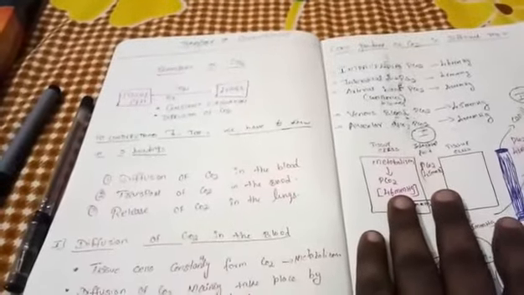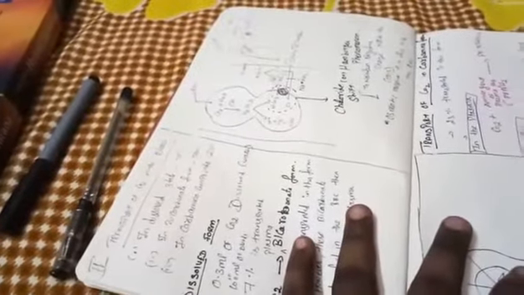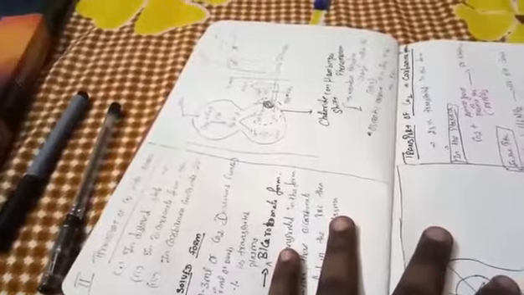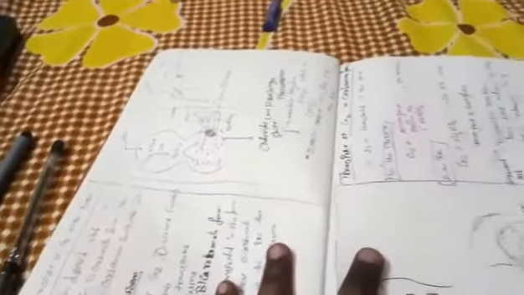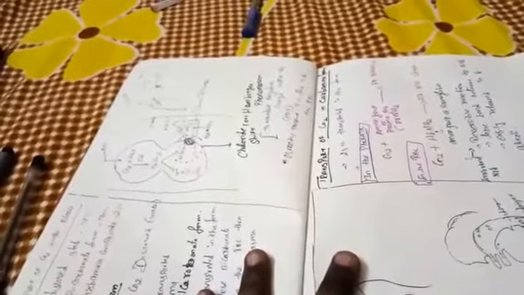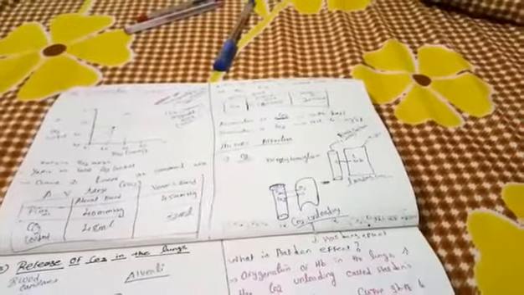And then the transport of carbon dioxide in the blood by 3 important forms: dissolved form, bicarbonate form, and carbamino compound form. In bicarbonate form, you need to write about chloride shift, and in carbamino form, how it binds to plasma protein and how it binds to hemoglobin. And the carbon dioxide dissociation curve, you need to write based on this table column. You need to draw the linear form, and then factors affecting it. In that, write about oxygen: the Haldane effect is very important, how the carbon dioxide unloading takes place, and increased DPG also shifts it to the right, only the shift to the left takes place with the help of body temperature.